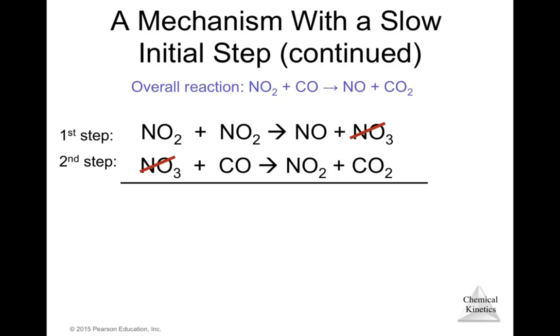Do we have another species that is a reactant in one step and a product in the other step? Yes, we have one NO2 here and NO2 here, so we may cancel those also. And when we add both equations, we have NO2 plus CO produce NO plus CO2,